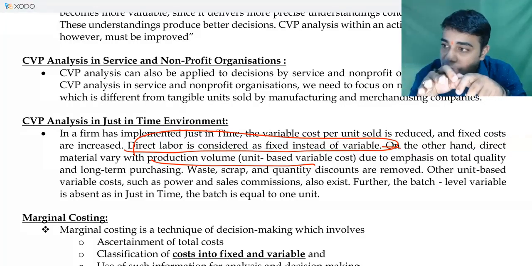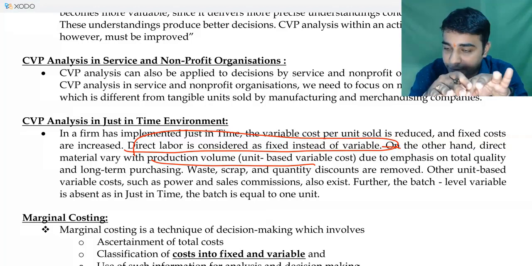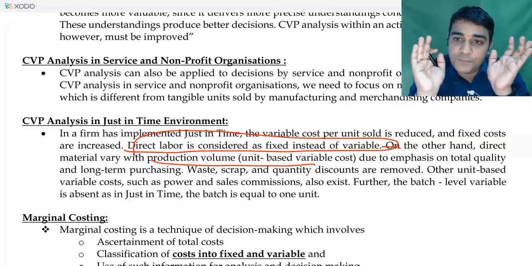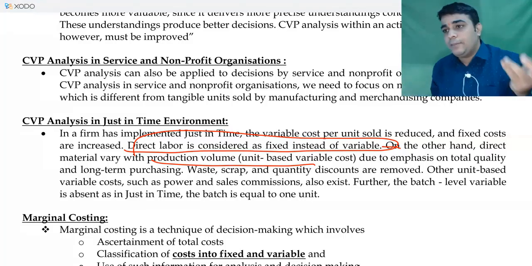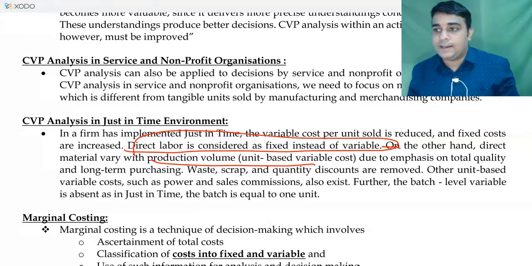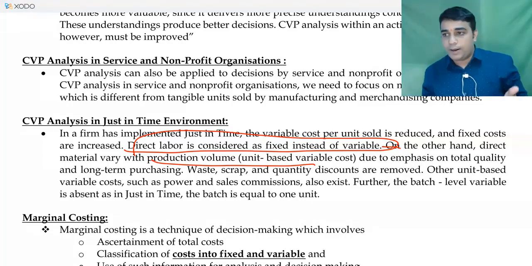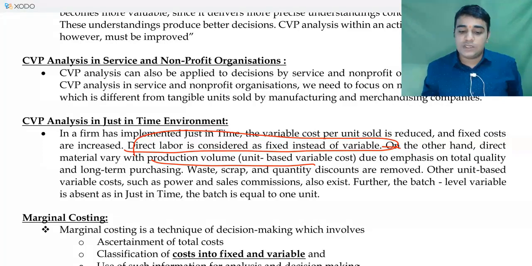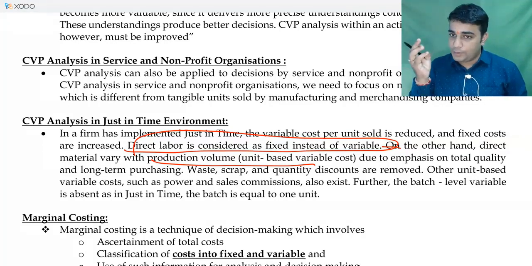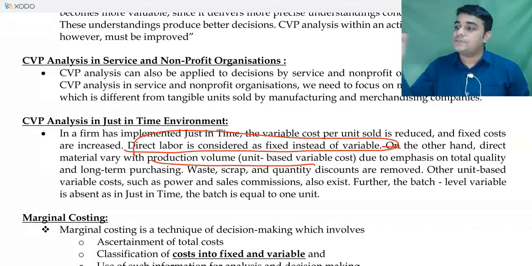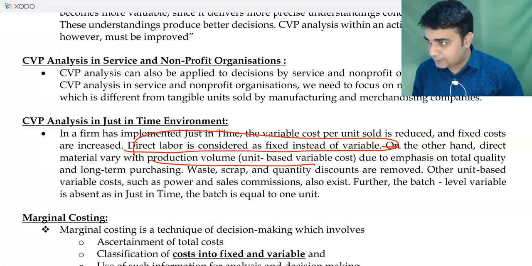It will be on the basis of number of hours he is in the company. If you give it on the basis of number of units, he will keep producing more and more. He will say, why are you telling me to remain idle? If the demand is not there, it's not my headache. Let me continue producing the product. If I remain idle, you will cut down my salary, because you will say salary is on the basis of number of units produced. So here what is going to happen is, you are trying to reduce one, your labor cost becomes fixed, so automatically the variable cost comes down.